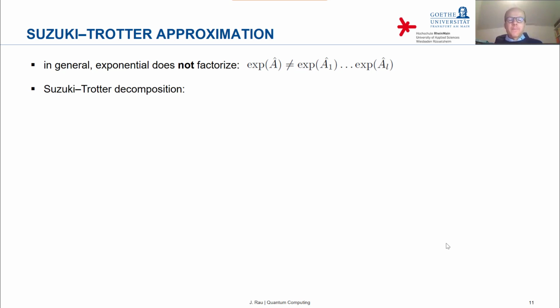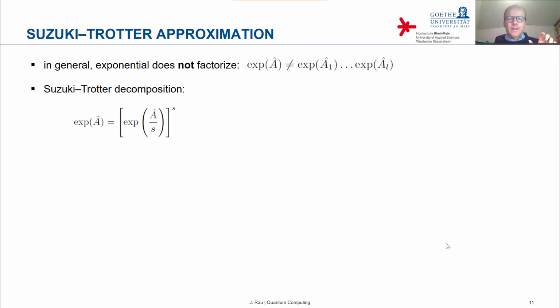and the idea involves the so-called Suzuki-Trotter decomposition, and that is, in the first step, to write the exponential of A as the exponential of A over some number s, and then take this whole exponential to the power s. And you can make this s as large as you like, and so basically within the square bracket you then have sort of a tiny unitary